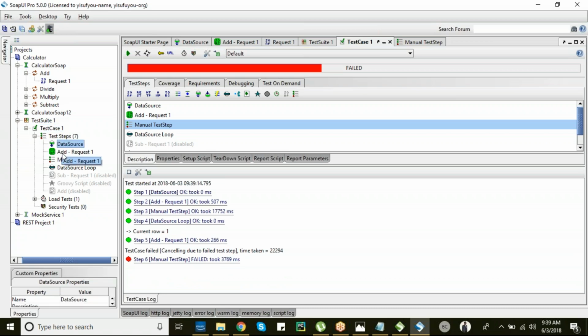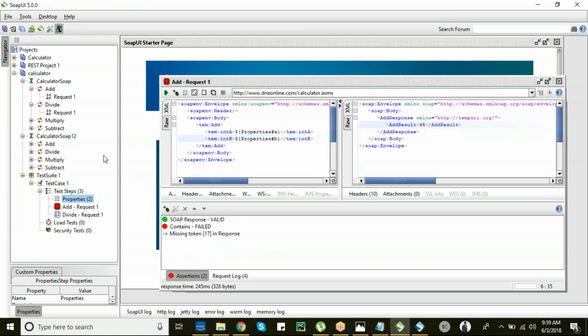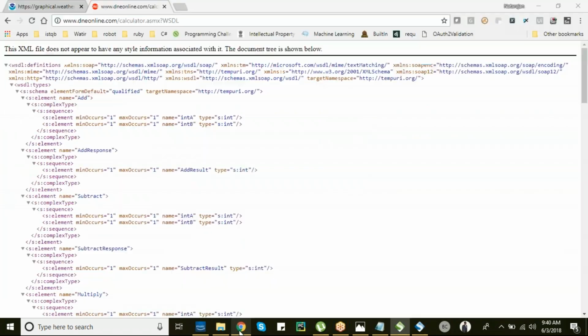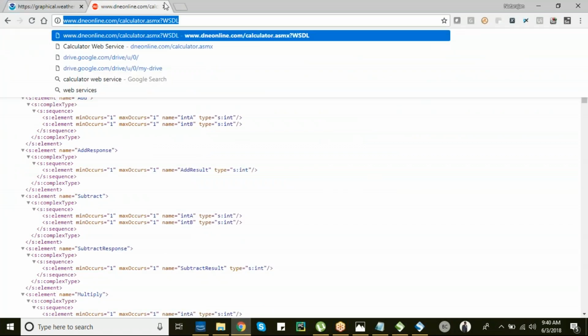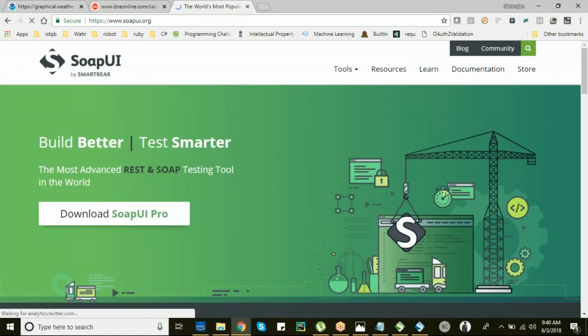So once you have designed this particular web service in clear structures, you can actually achieve the automation in open source tool itself. Only thing is you need to know Groovy scripting. Groovy scripting is almost equivalent to Java, just minor changes here and there could occur. So you'll have to have knowledge of that. In order to acquire knowledge of all these, you can get on to soapui.org, documentation,